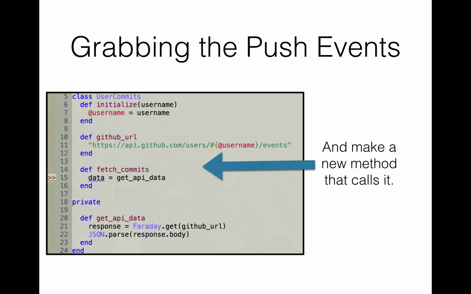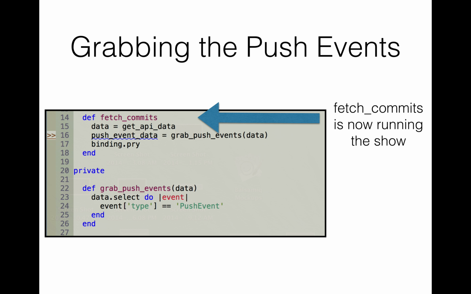That's what's going to do everything that we really care about and want to be publicly accessible. So we're going to assign the get API events to data. Again, not the greatest naming convention, but bear with me. Fetch commits is now basically running the show. So if we call this user commits.new fetch commits, we get the data back, and we're going to grab the